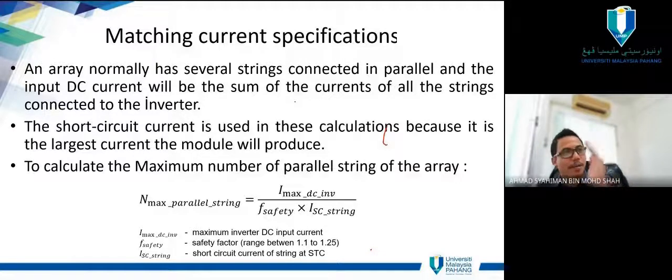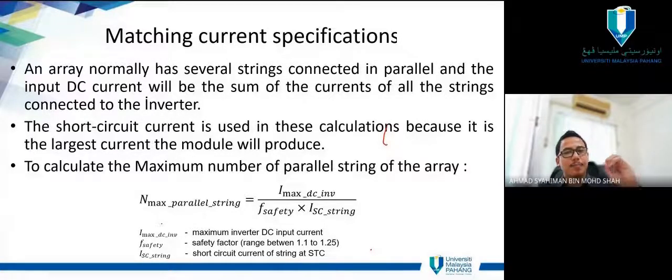String mesti ada banyak parallel, nama lagi PV array ataupun PV farm, solar farm kan, takkanlah satu panjang string kan, mesti dah banyak. So array, dia ada banyak yang connect in parallel, betul? Okay. The short circuit current is used in this calculation because it is the largest current the module will produce. To calculate the maximum number of parallel strings of the array,